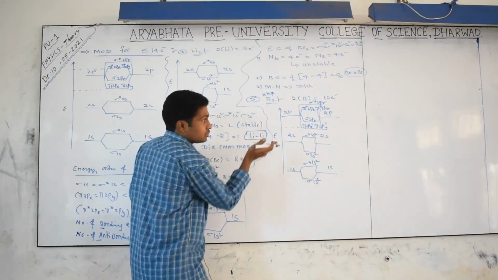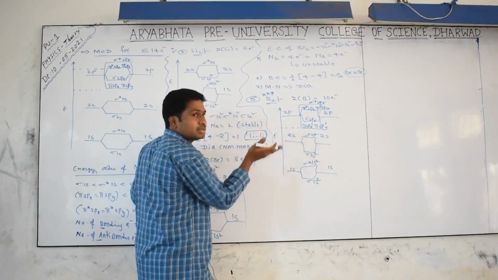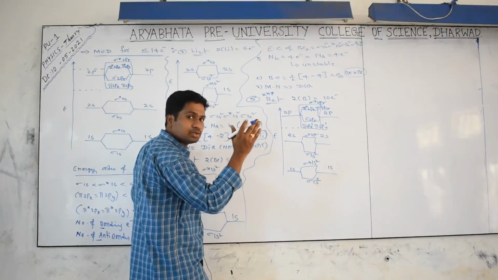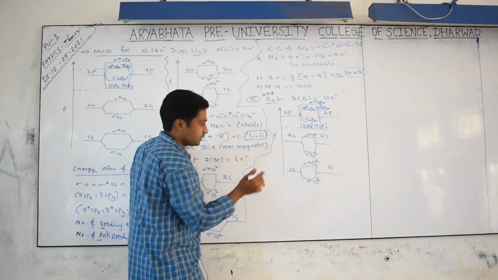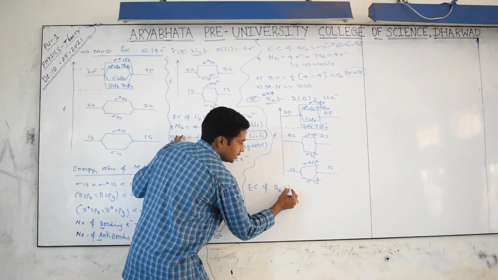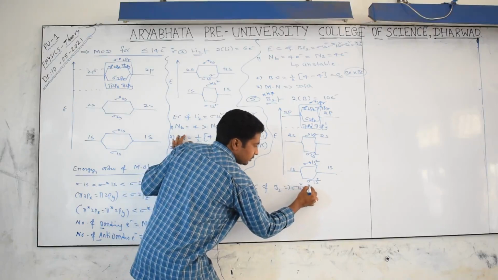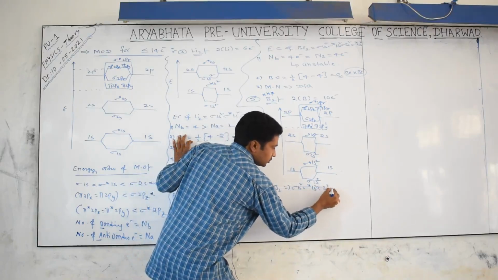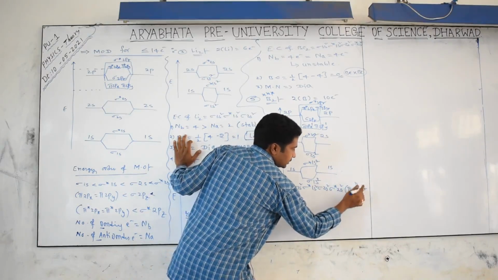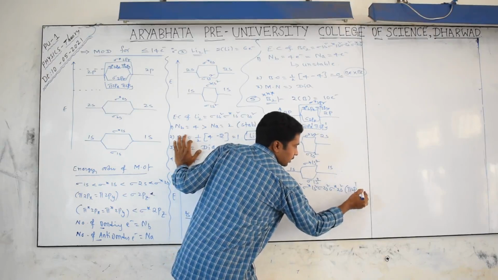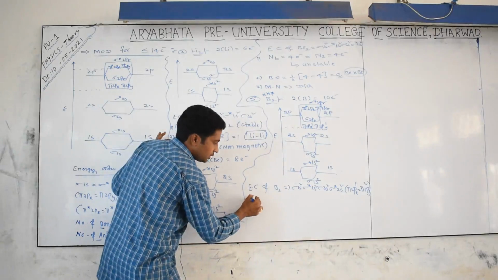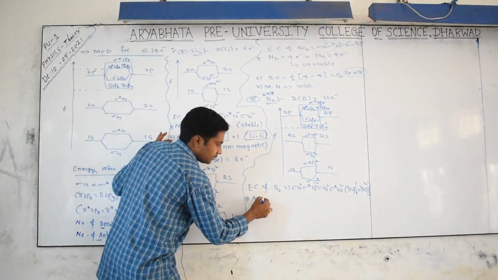Are you understanding or not? So both have the same energy, that's why they are called degenerate molecular orbitals. In the case of degenerate orbitals, always first 1 electron goes into each orbital, and only then pairing happens. So write down here, the electronic configuration of the B2 molecule is sigma 1s2, sigma star 1s2, sigma 2s2, sigma star 2s2 and pi 2px1 equals pi 2py1. So count the number of bonding electrons, how many are there?